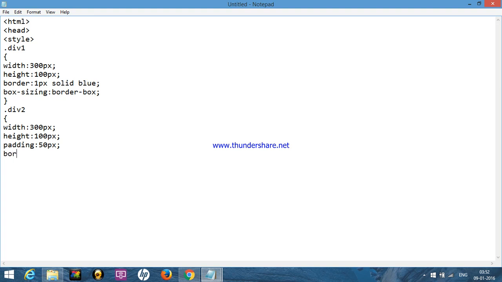And the border is 1 pixel solid red. Here the box sizing is border-box. Here we are giving the box sizing property in the styles. Now close the style.